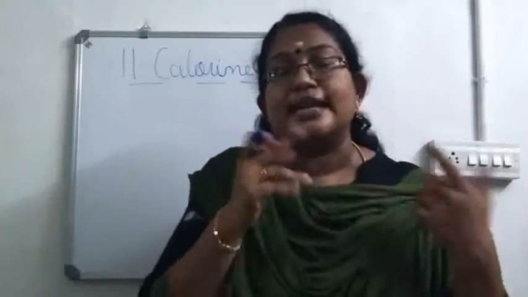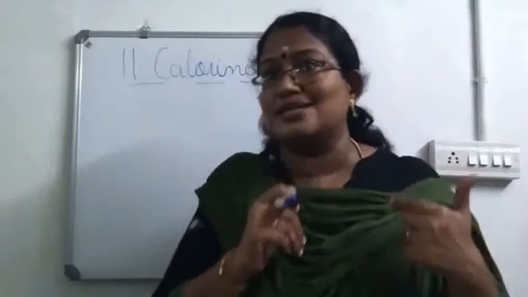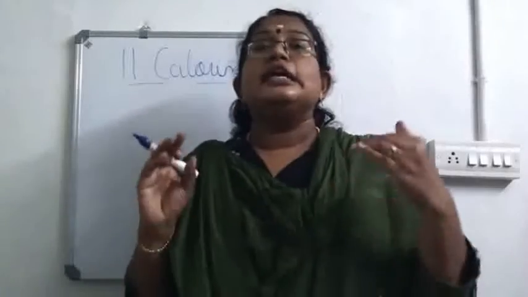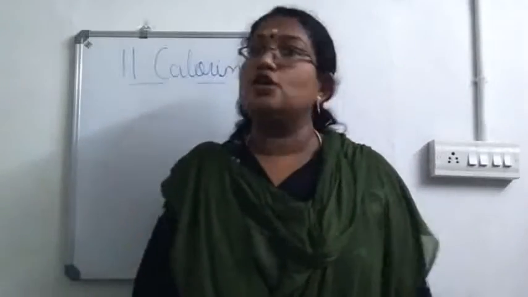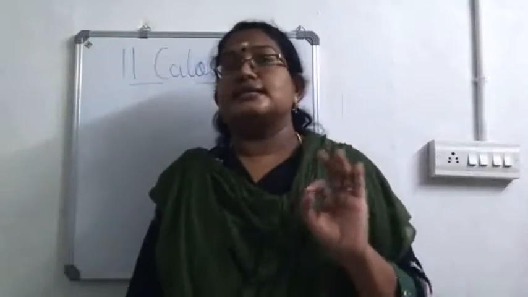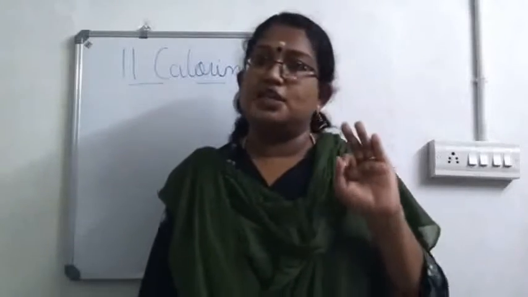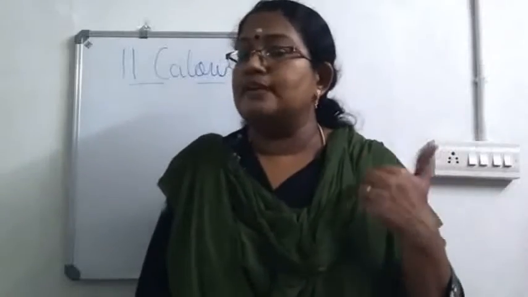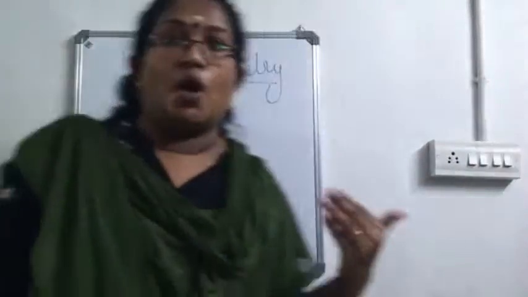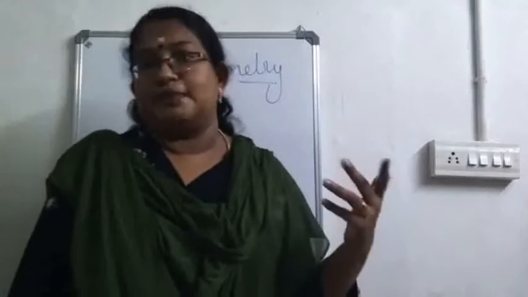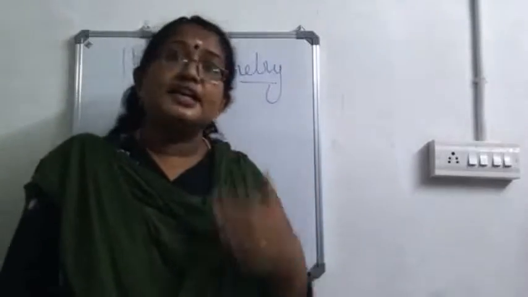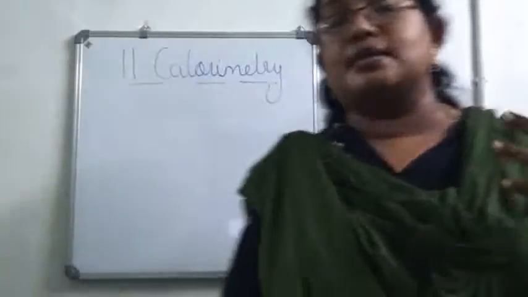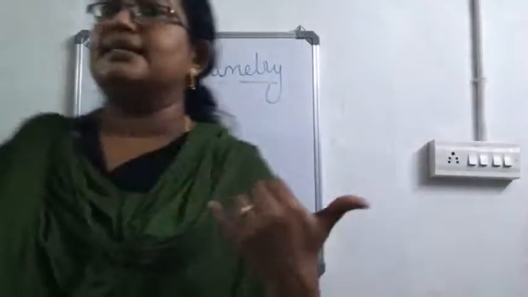contact with a cold body, naturally heat flows from hot to the cold body, isn't it? So, the heat energy lost by the hot body will be equal to the heat energy gained by the cold body. And this is actually based on the law of conservation of energy. Okay, so is it clear? Now, we have learned about the mathematical expression of this principle of calorimetry. And we have many numericals based on this. Okay, based on the principle of calorimetry or principle of method of mixtures. Do you remember that?